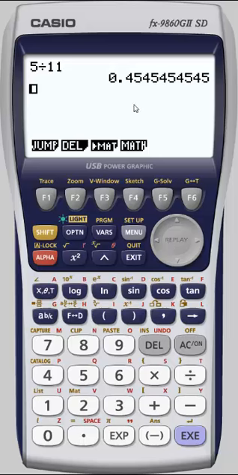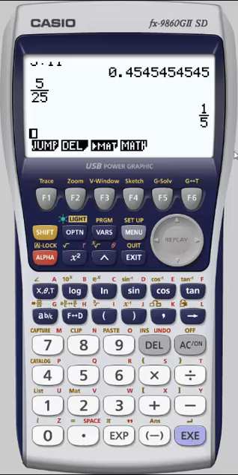It is possible to toggle these results back and forth from decimal to fraction by using the form to decimal key. That's somewhat handy if you've never seen that before. You can also use this key here to generate fractions. If I tap that, we get a nice two-dimensional template. So I can enter, let's say 5/2. Actually, let me change that. I'm going to make it 5/25. And when I press execute, you'll see that it simplifies that fraction for me.